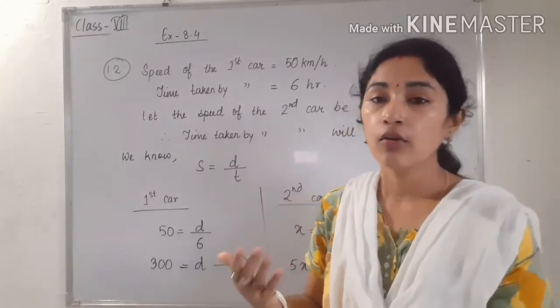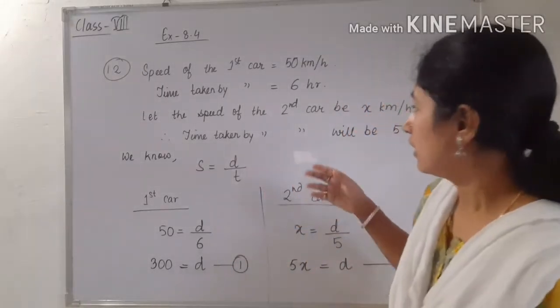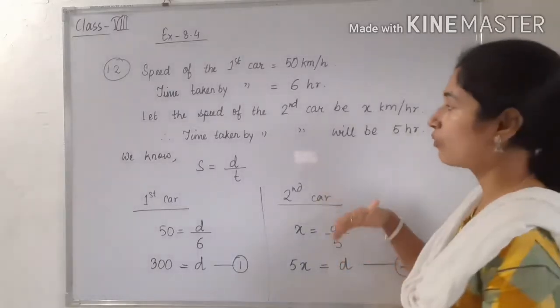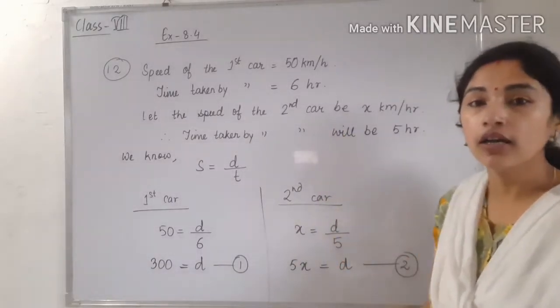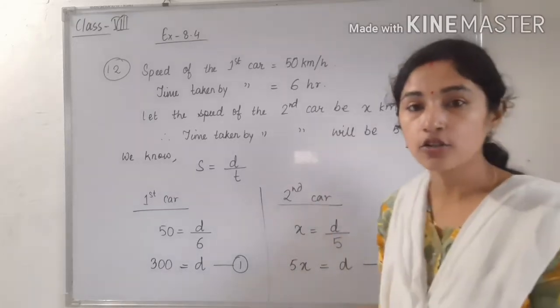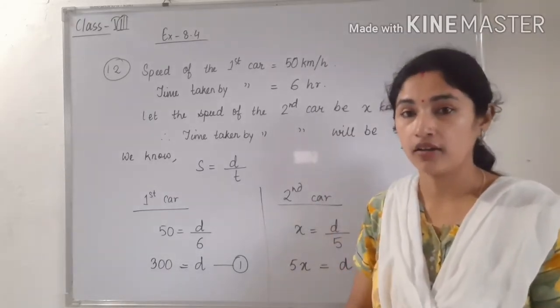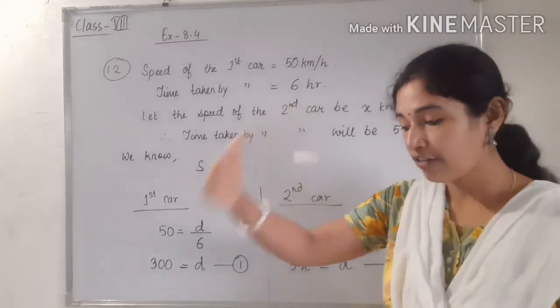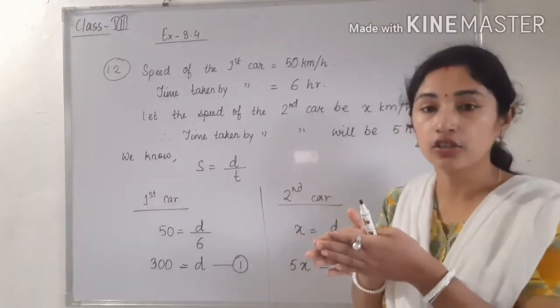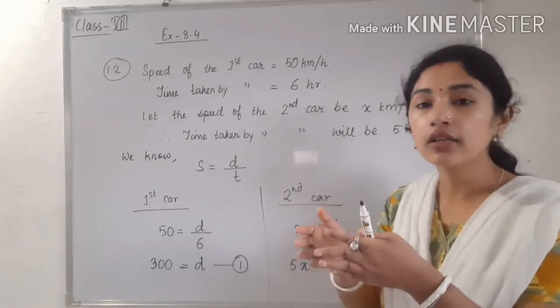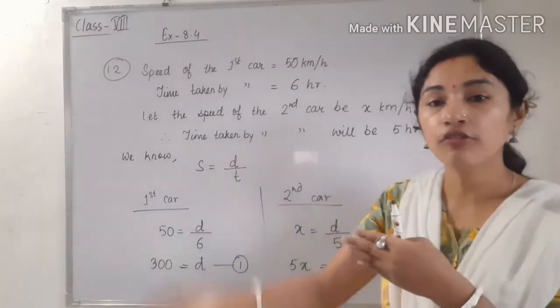So in the next case it is given that car 2 starts after 1 hour. Okay, after 1 hour, that means it takes how much hour? That second car takes how much hour? Yes, that will be what? 5 hours. Okay, because after 1 hour the second car starts from the same point, that is from Agra. Okay, and at 5 p.m. they are just crossing each other. Okay, and which car is crossing? Car number 2 is crossing the first car.